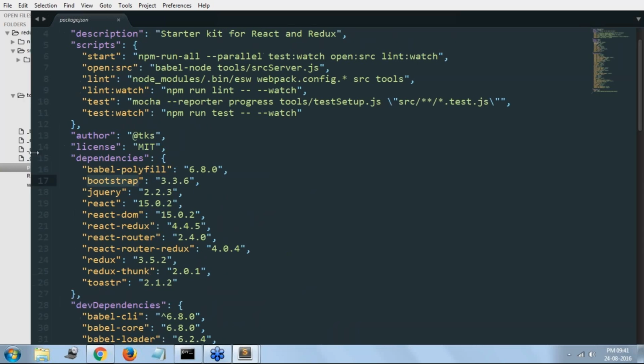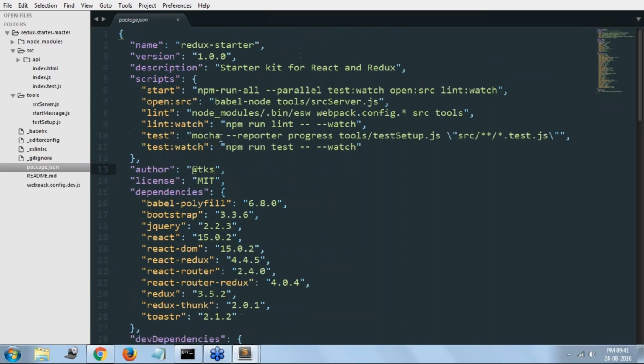Let's now talk about the script tag. Everybody knows about automation in web development, you can do the automation using either Gulp or Grunt. There is another alternative which these NPM scripts provide. So you can also do this kind of automation using just a script tag in the package.json. Whenever you hit npm run start, it is executing this complete set of commands. Okay, what it is actually running is npm run all.